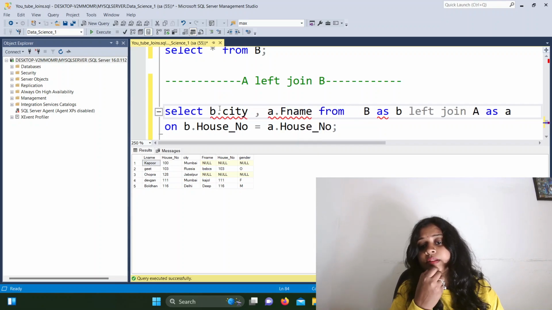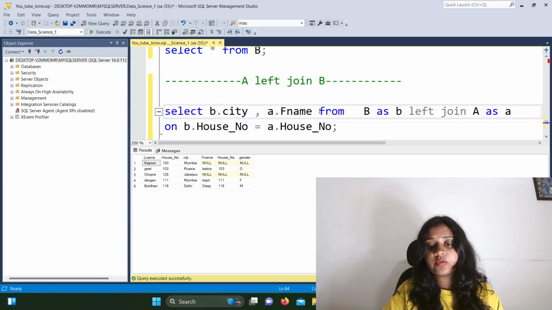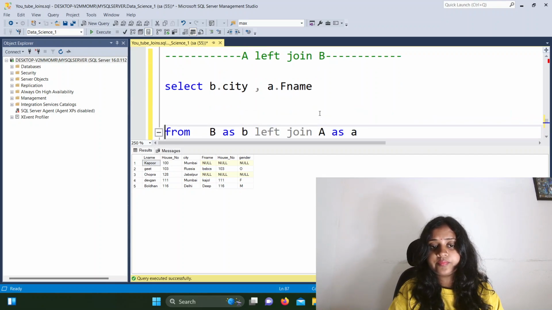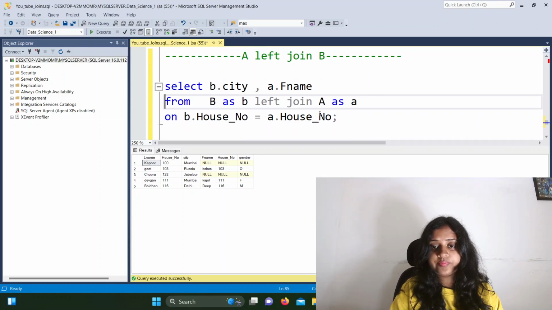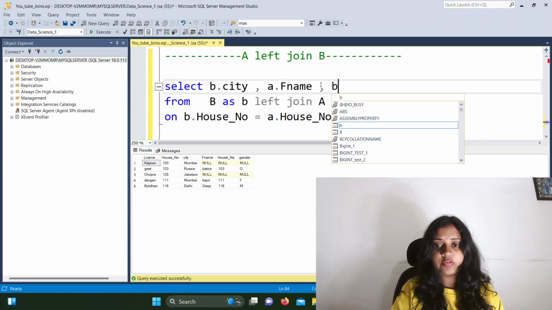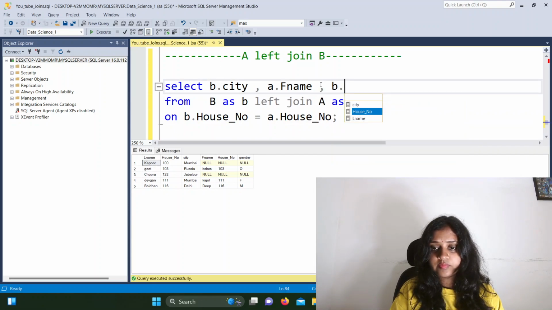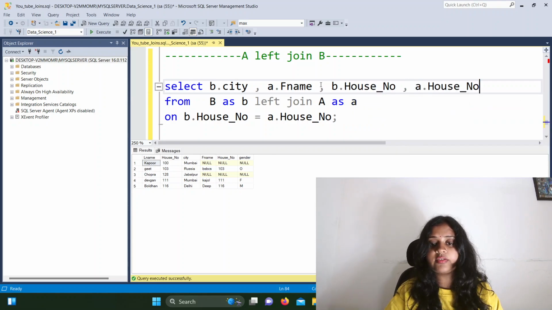Then from table B we need house number, and from table A also we need house number. Let's see what's the output.